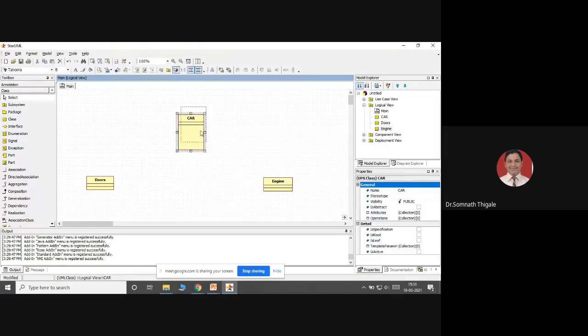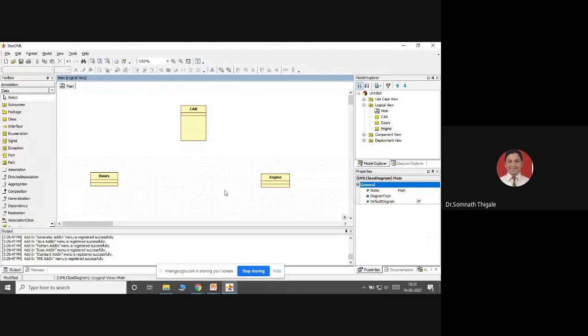Now I want to show the relationship between car, doors and engine. I know that a car is made up of doors, or simply we can say doors are part of a car. So I want to show one type of relationship. If I don't know the relationship, I can simply start with an association, a simple solid line.